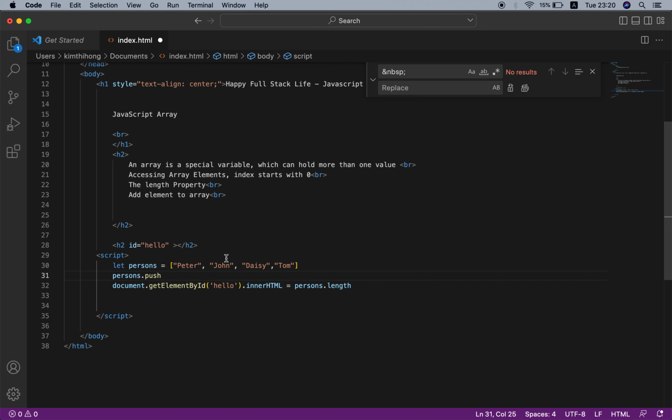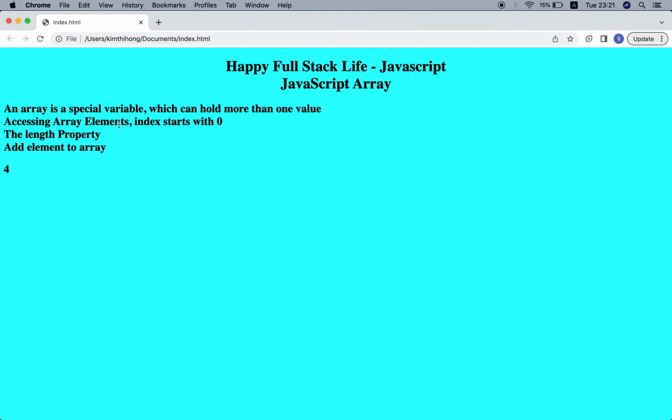Push, maybe, Jim. Push Jim into the person array and print out the person array. Save and check. Now here you see that Jim is pushed at the end of the array. So the push method, or push function, can be used to add an element to the end of an array.